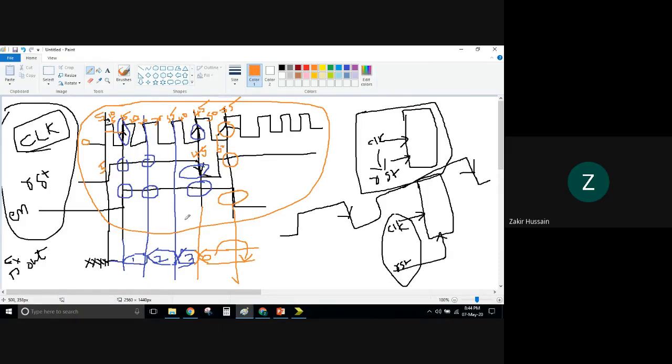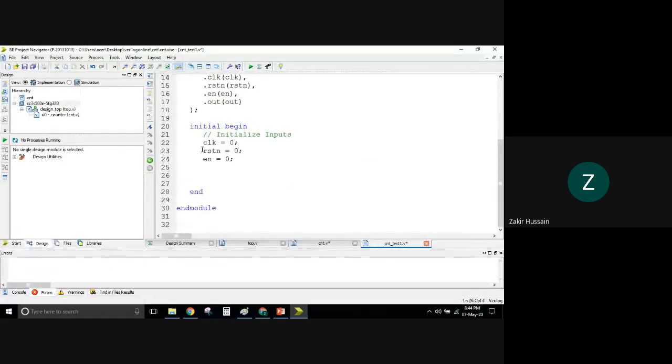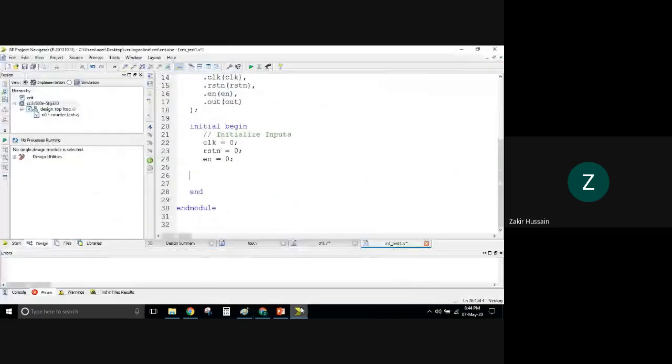And likewise, this is how it is going to help me now in developing the test bench, you see. So let us go to the development of the test bench. I just remove everything in this portion, and I am going to retain the clock. If you see my test bench here, initially it is 0, and even this one is 0, this one is 0. All are 0 initially. No problem.